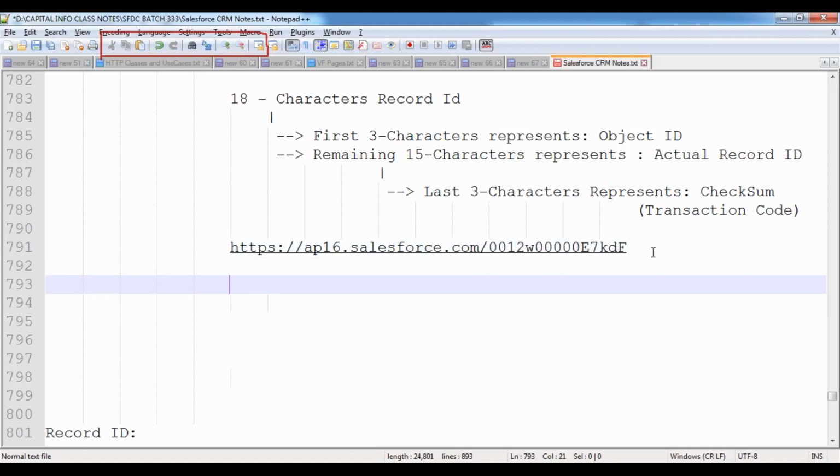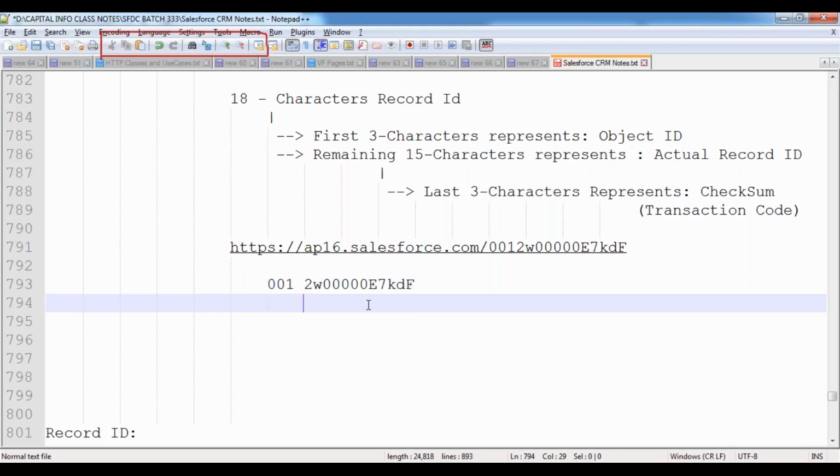Now tell me, this record ID starts with what? 001. 001 means Account. So this is an account record. We don't need to look into the complete record details to identify which object this record is associated with, whether account, contact, case or something else.